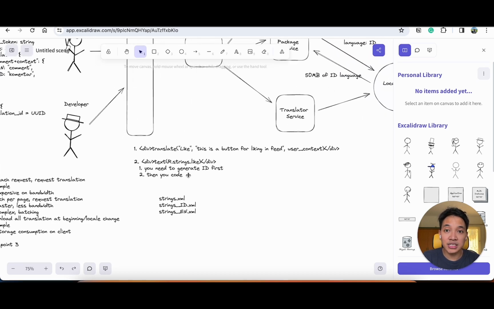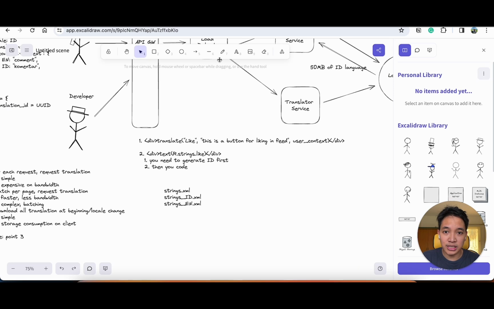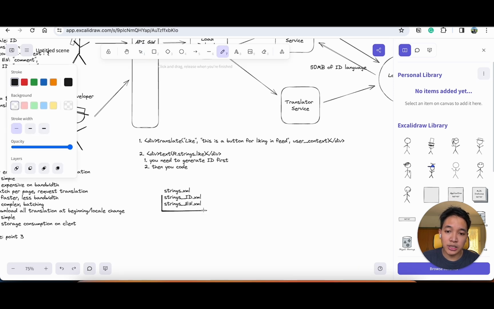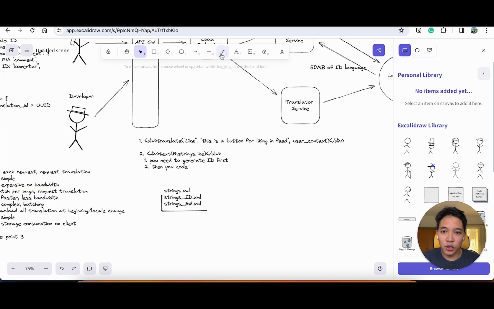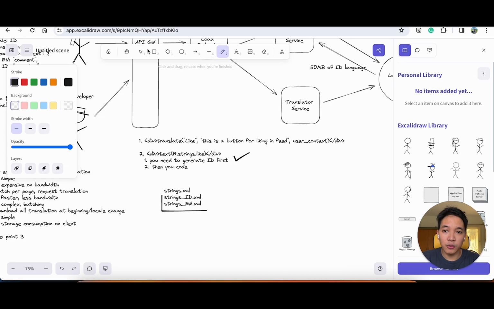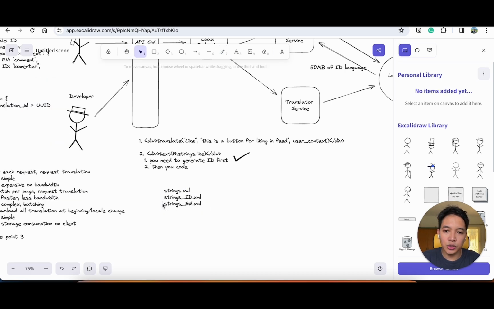So I'm going to ask the developer to put the ID first, and after that we are going to be generating this text that is going to be downloaded periodically by the client when things change. So this is going to be the chosen developer API that I'm going to pick. And that happens to solve